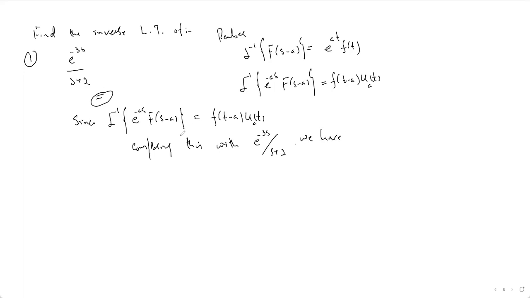What do we have? What is a here, by the way? E to power minus as, and a here is 3, from 3s. If this were 2s then a is 2, if this were 5s then a is 5. And what is F of s? If I am comparing there, it is 1 divided by s plus 2. And what is f of t? It is e to power